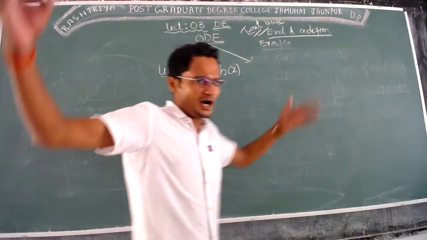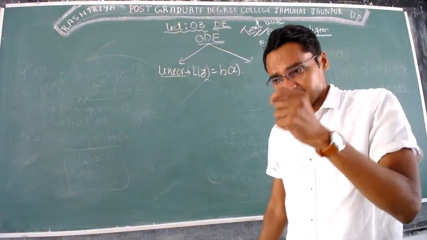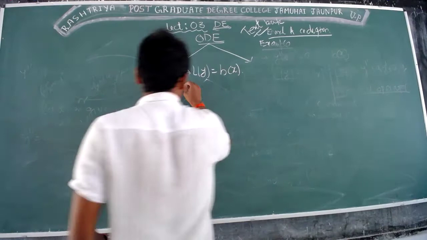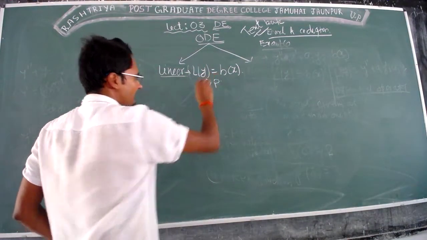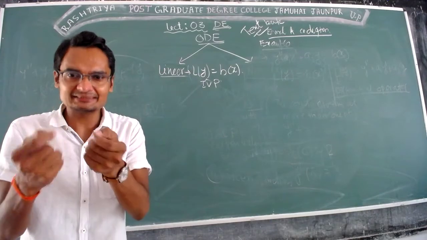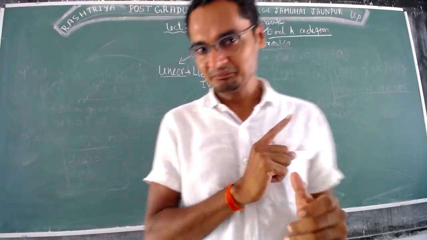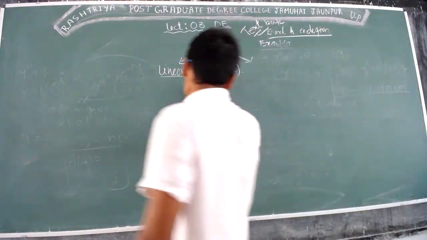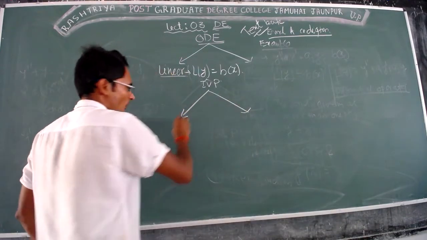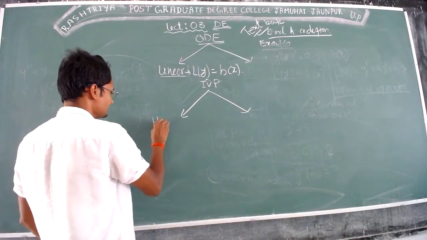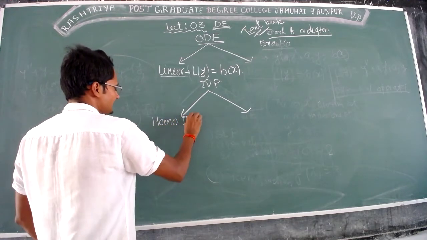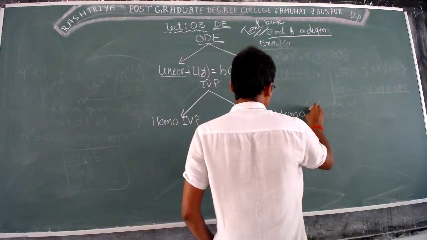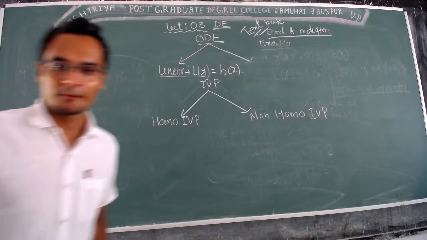Now we are in such a situation that we can start and write the initial value problem. So what is the initial value problem? IVP means a differential equation with a condition given at a single point. Do not worry, we are going to make a last classification. The initial value problem has two cases. One is the homogeneous initial value problem, another one is the non-homogeneous initial value problem. What does this mean?